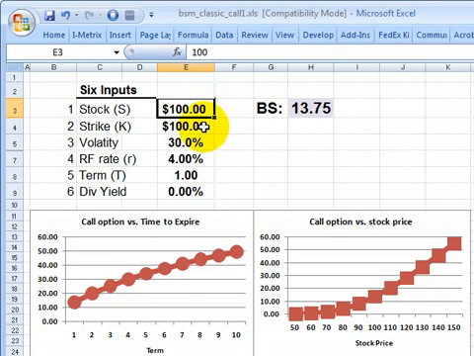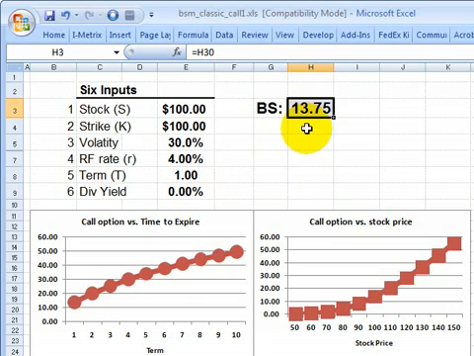In this case, the stock price is 100, the strike or exercise price is 100, annualized volatility is 30%, the riskless rate is 4%, and we'll start with the idea that the option has a contractual term or life of 1 year, meaning in the case of a European style option, it is exercised at expiration in 1 year. Also, this is a 0% dividend yield, so it's a stock option on a non-dividend paying stock. If we plug these input assumptions into Black-Scholes, in this case we would get a price